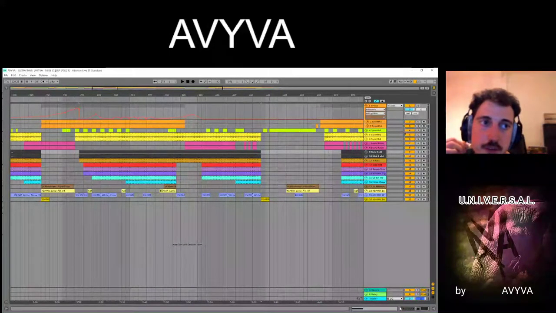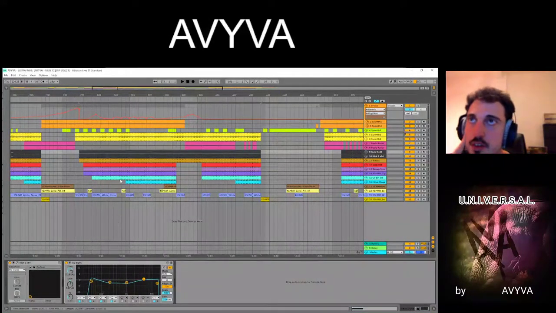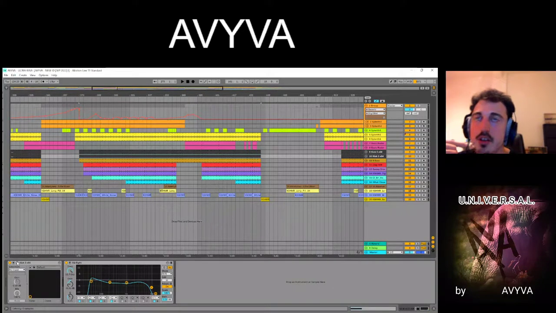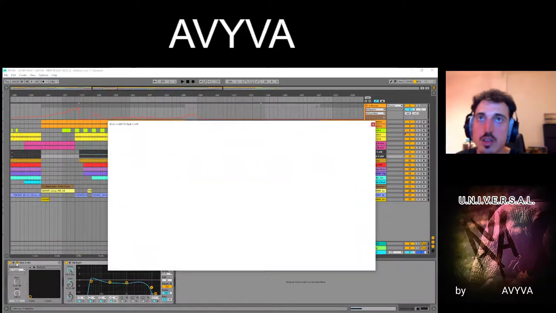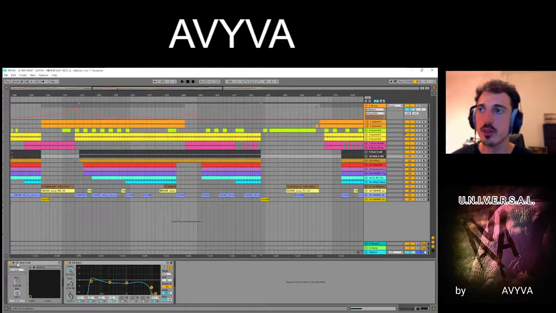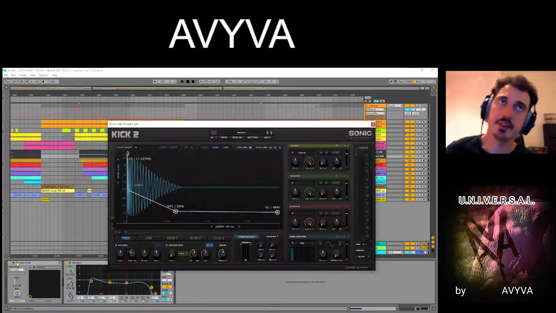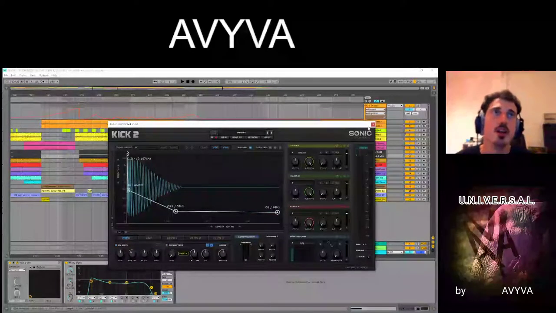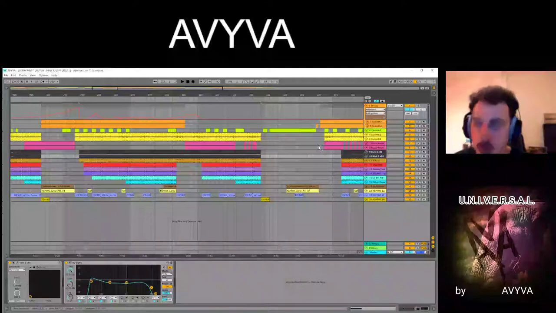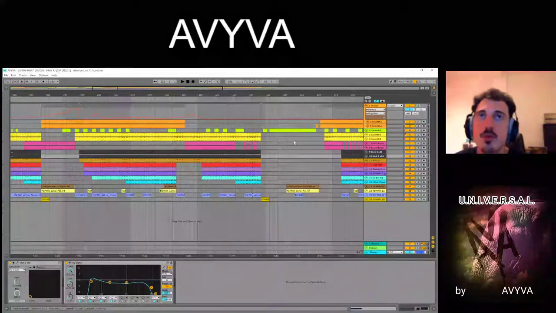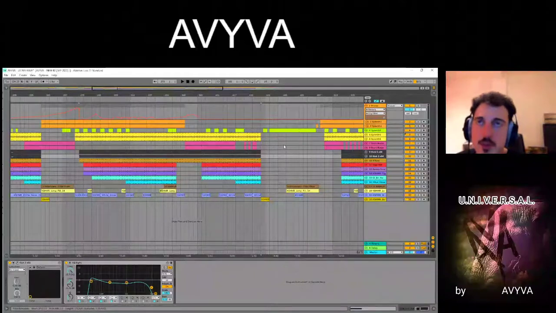I used this setting of the equalizer, just a low and a high kick. I recommend that too. Then Kick 2 on it, Kick 2 by Sonic Academy, and I will link all the plugins I used above, in the description of